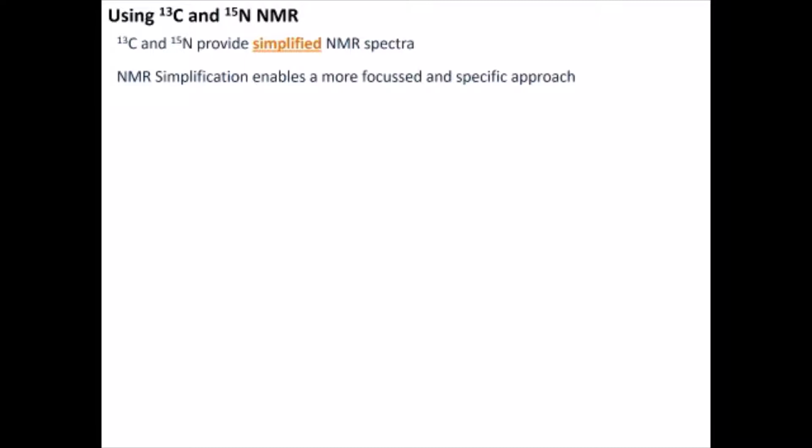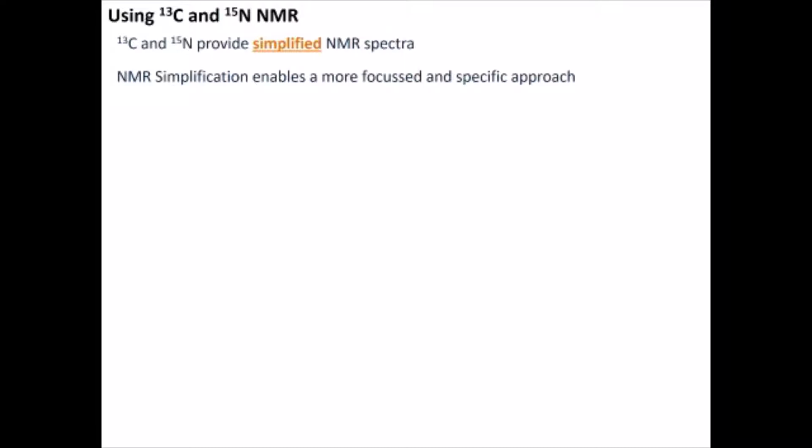Proton NMR is extremely useful and it provides a lot of information, but sometimes there can be too much of a good thing. It can provide so much information that it can be really difficult to interpret. Proton NMR, when you have many hydrogen atoms, can be very difficult to interpret. So other nuclei can be more useful in providing information because there are fewer of them, and they provide simplified